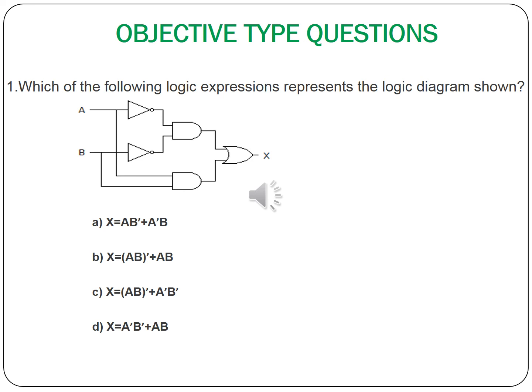So the AND gate produces A bar dot B bar, which is one input of the OR gate. The inputs A and B are given to another AND gate, producing A dot B. So the output of the OR gate is A dot B plus A bar B bar, and the corresponding output line is the fourth one. So X equal to A bar B bar plus A B is the correct answer.